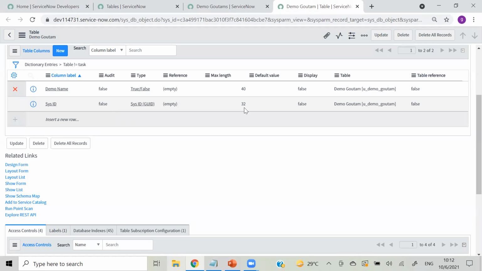And you can see the maximum is 32 digits, and the type is sys id GUID, so that will be unique. And this demo name I have created, so wherever it has an X mark, that means we have created that field. Okay, and this is my table name. So this field demo name is of this one.